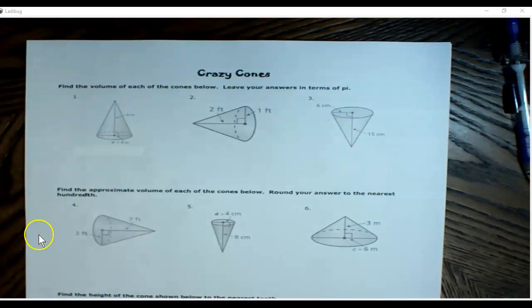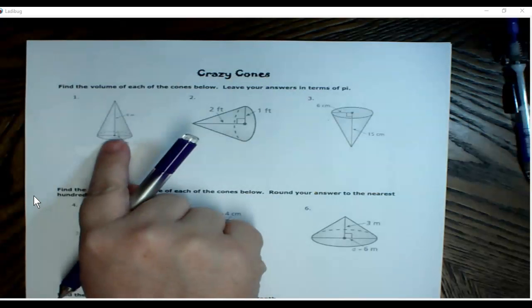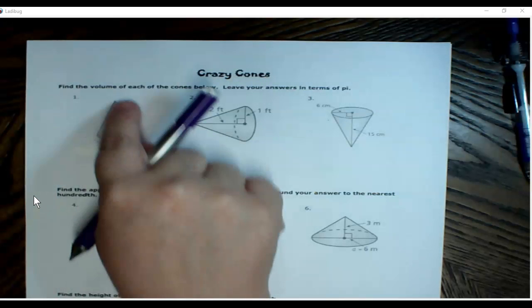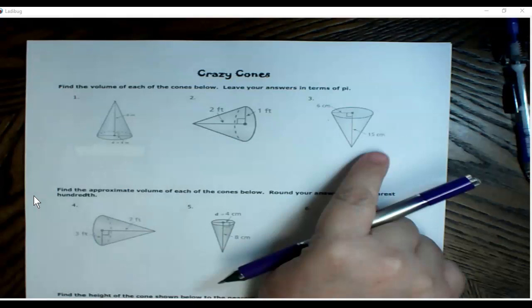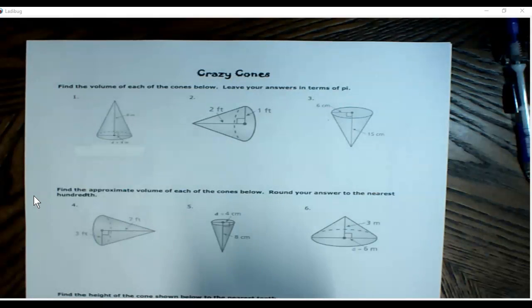Okay, so today we're going to be talking about how to find the volume of a cone. Cones have a circular base and a point at the opposite end, kind of like an ice cream cone, they're just turned different ways. One thing you're going to notice is that finding the volume of a cone is very similar to finding the volume